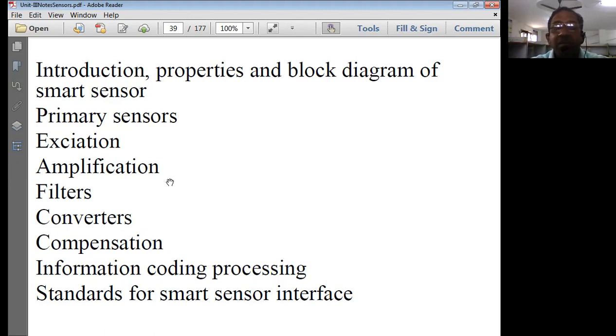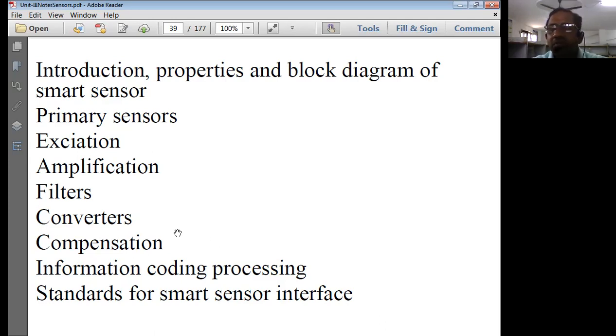And next, the signal which we are going to get is not going to be a perfect signal. Therefore, we need to use some filters. That means to smoothen the signal, we are obviously going to use filters. We'll be using low pass filters, high pass filters, band pass filters, band reject filters. So different types of filters are there. Based on the applications, we can use different kinds of filters. It doesn't matter which filter we use. We may use a Chebyshev filter, we may use a Butterworth filter, and so on and so forth. We can use many types of filters based on the applications.